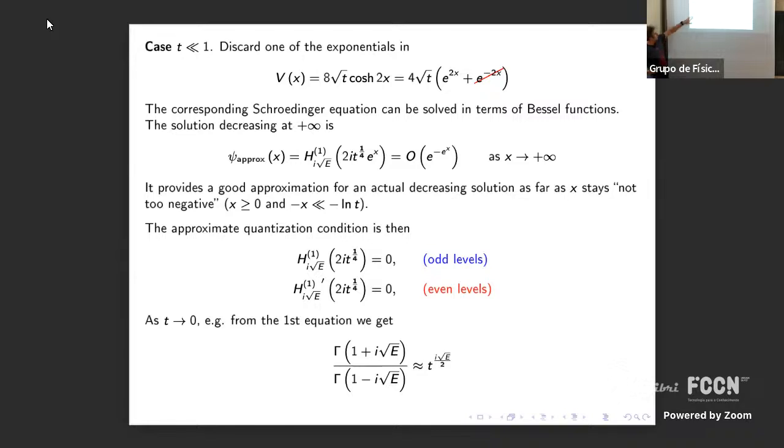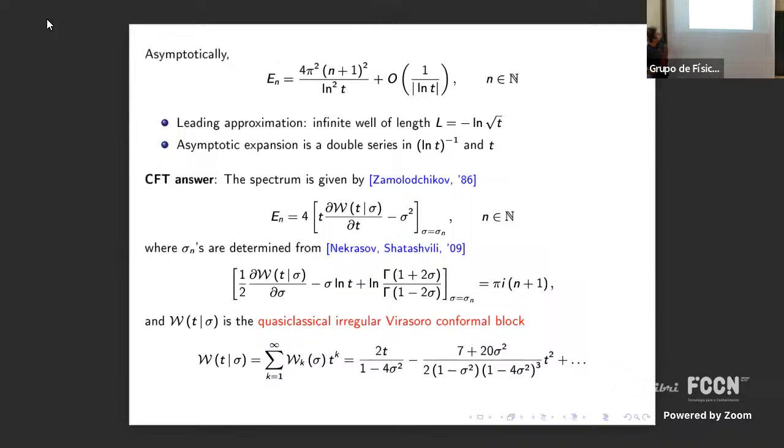And so when coupling goes to zero, for example, from this equation we obtain an equation of this form, which I believe we have also seen this morning. At least a very similar equation appeared this morning. Okay. So then this has to be solved for small t, and